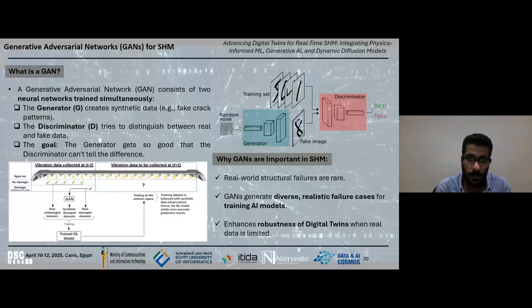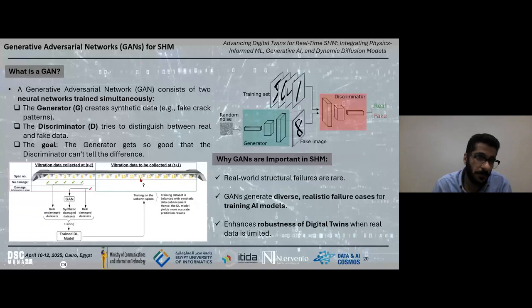So generative adversarial neural network is a type of generative model. The diagrams show how generative AI fits into the digital twin pipeline. With a generative adversarial neural network, you can simulate anomalies. You can have data with random noise, and then the model will be able to differentiate between training data, or real data, and fake data, and have a discriminator stage which differentiates between real and fake.